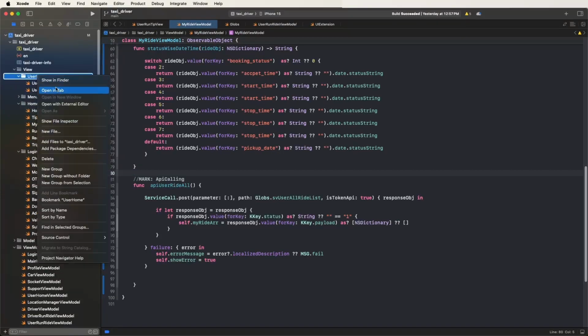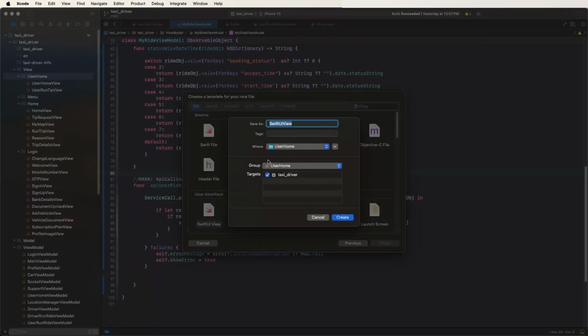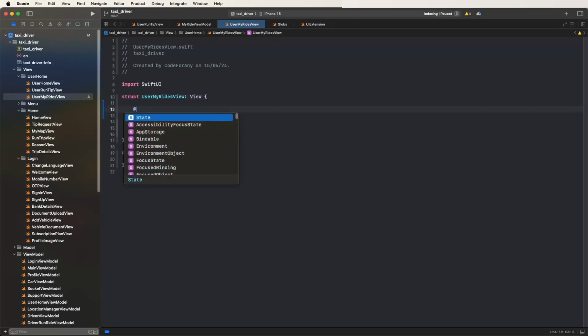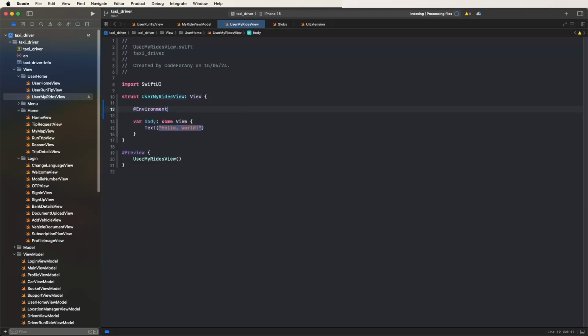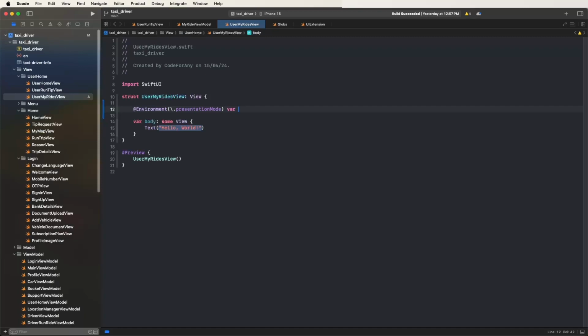and find the user home, and create a new file here, and select SwiftUI view, and give it the name UserMyRidesView. Like this, I need to create the file, and first of all declare one environment variable for the back button. For this I need the environment, slash dot presentation mode, where mode colon value binding